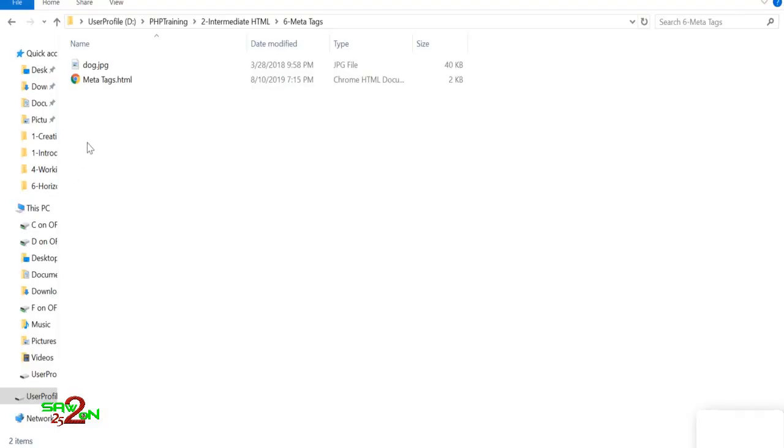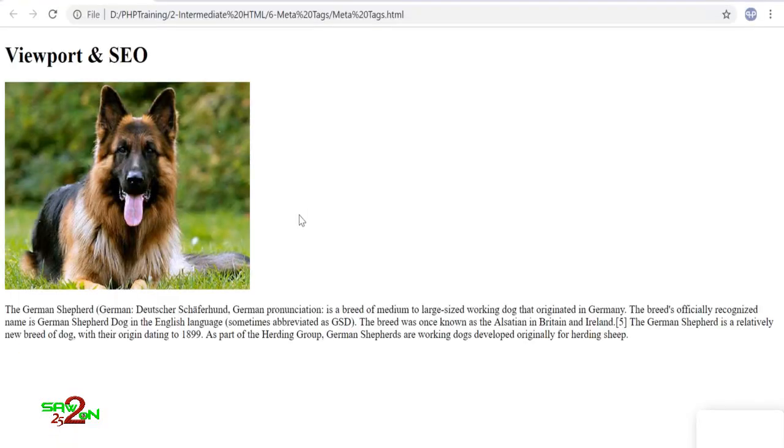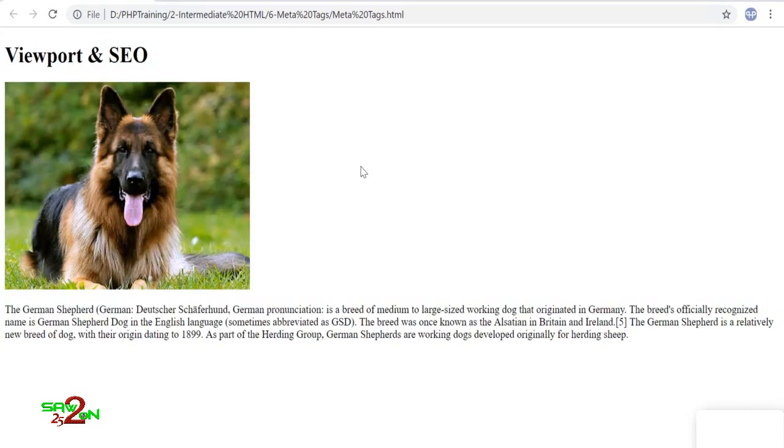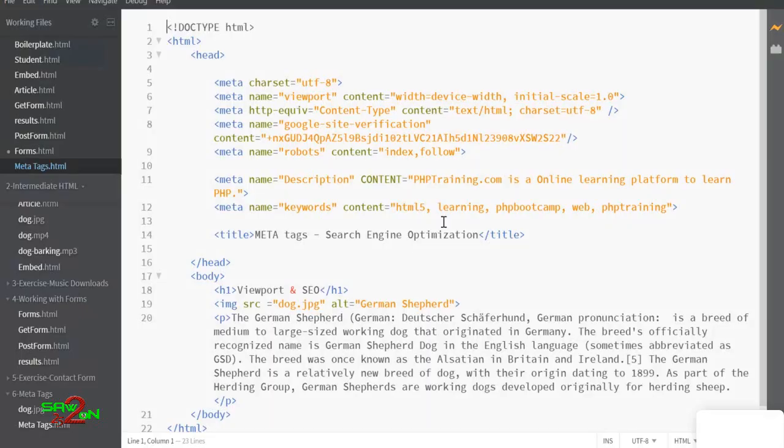Before that, we will view the output of this file. This meta tag is not visible on the web page. This is because the meta tag is written inside the head, and head tags are not visible unless there's a title. You can see the title here, but apart from that you cannot see any of the data written in the meta tags. We'll understand what you write in the meta tag and what its purpose is. As of now, any output you see on this web page is coming from the body, but we will not be dealing with body in this lecture. We'll be dealing with the meta tag, which is under the head section.